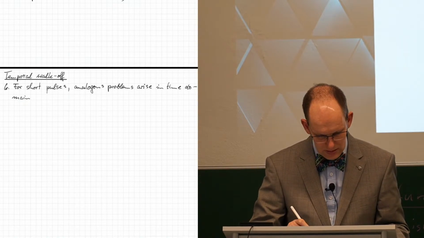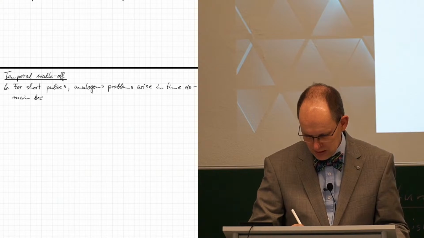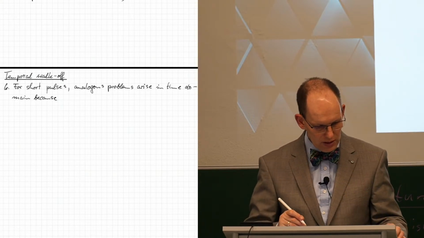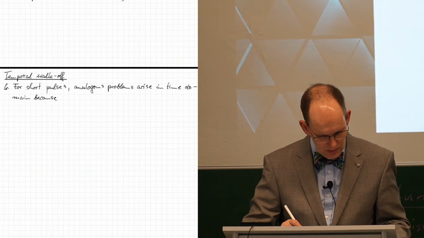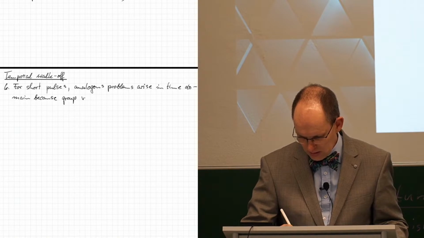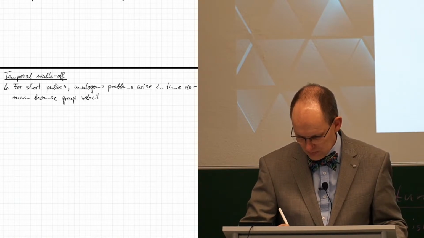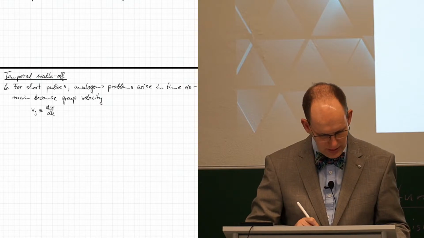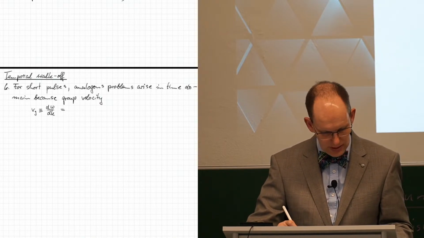The reason is that there is a different group velocity, because the group velocity Vg is defined as d omega over dk, and you can calculate